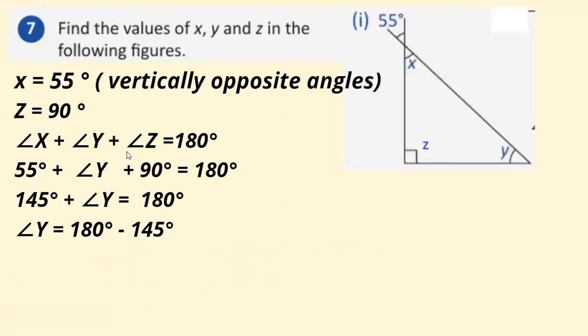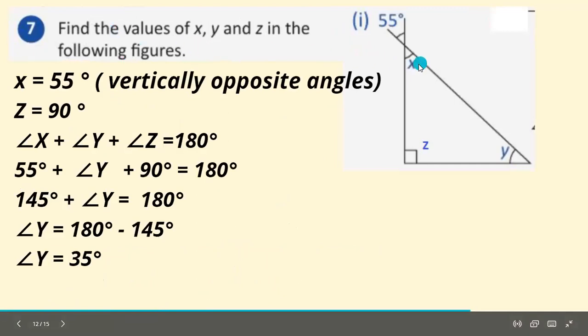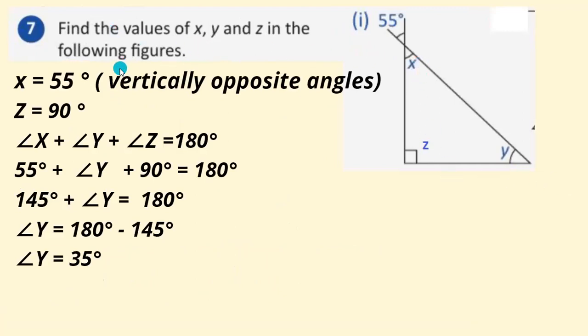Now the next problem, the same. We are going to find the value of x, y and z in the following figure. So the figure is here. Now how to find the value of x? Here it is marked as 55. We know the types of angles, right? So what type of angle are this x and 55? It is vertically opposite, so x will be 55. We know vertically opposite angles are equal, so by that x is 55. We have found x is 55, and here the angle is given as 90 degrees. So z is 90 degrees.